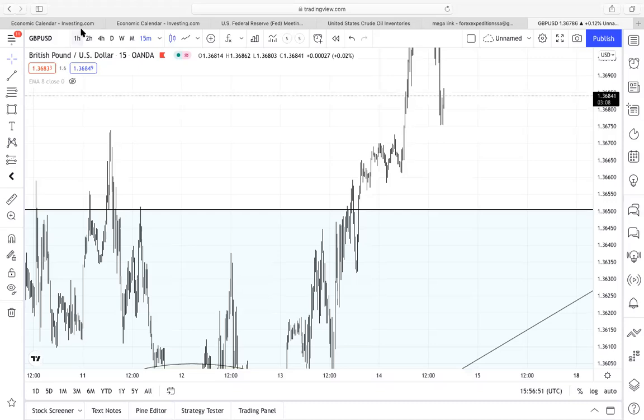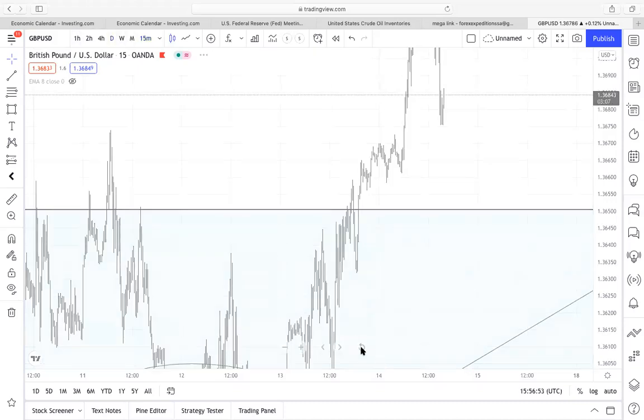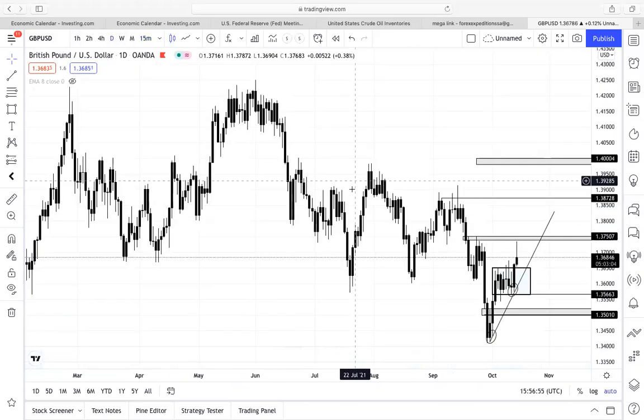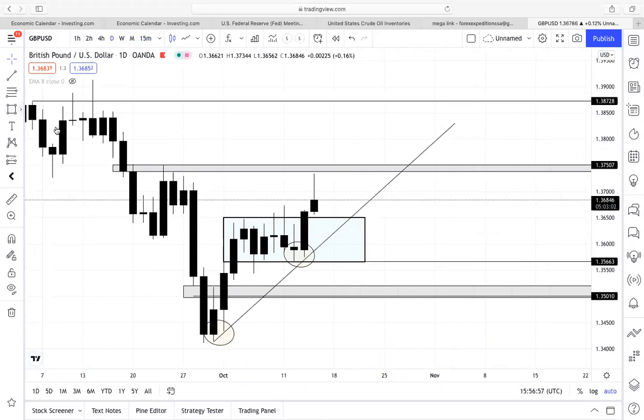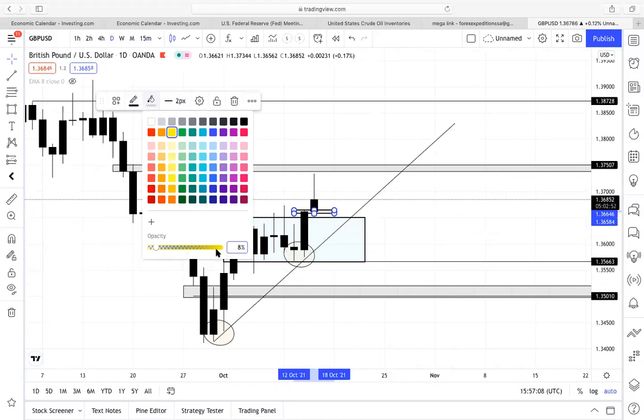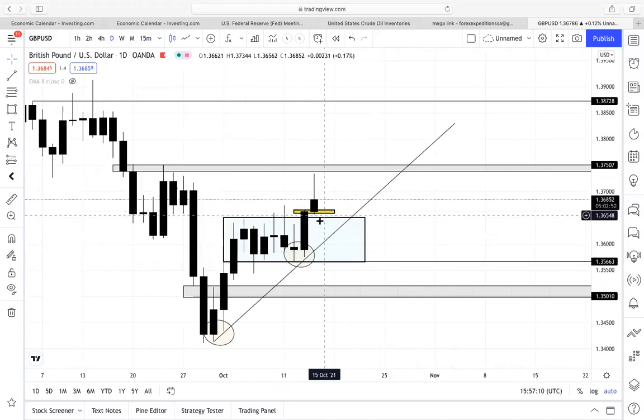Let's go back onto our daily chart. This candle over here closed over here. I'm taking a box, I'm putting it there. Let me make it yellow, bright yellow, very bright. Can we all see that the price closed here? So the next candle was this one, but before that candle, the price closed here.